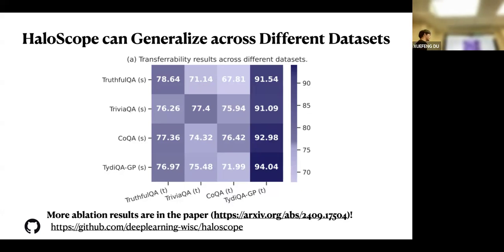This plot shows that our approach is able to generalize to different distributions, even when the unlabeled data set is very different from the test sets. TruthfulQA and TriviaQA are just question answering data sets without context, but CoQA and TydiQA are question answering tasks based on a long context.